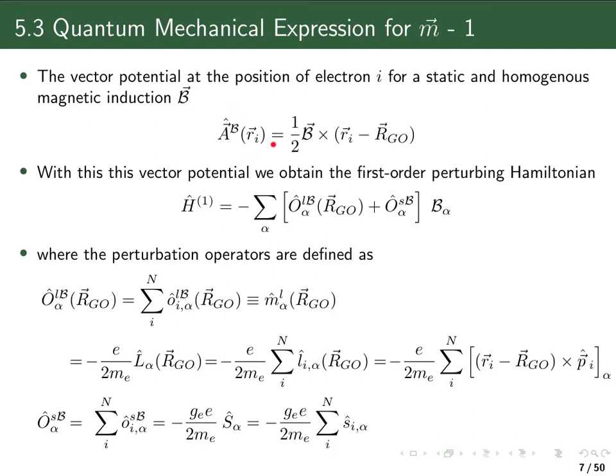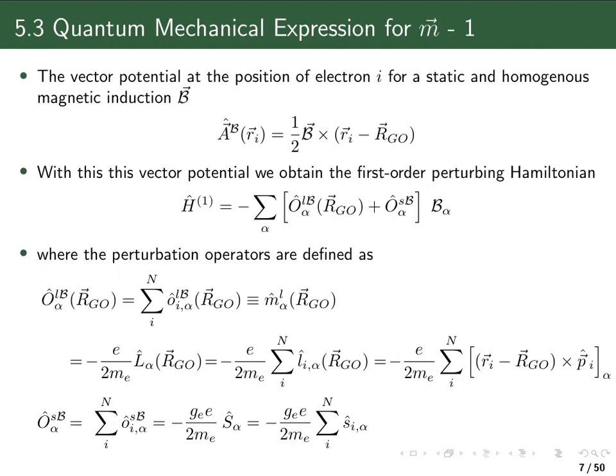Inserting this vector potential then in our Hamiltonian, remember from chapter 2, there are two places where the vector potential appears. One is in the kinetic energy term, and one is in that QCMEP term, which we derived from the Dirac equation. So therefore, we also have now two terms here. We have one which has to do with the angular momentum, with the motion of the electrons, and one with the spin of the electrons.